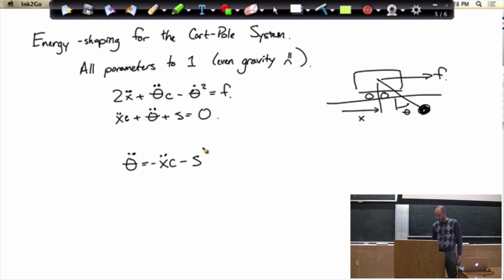Okay, so if I write this second constraint like this, you can think of it as a relationship between x double dot and theta double dot. If I insert that relationship back in that first equation, then what I end up with is 2x double dot plus, with this thing inserted, cosine